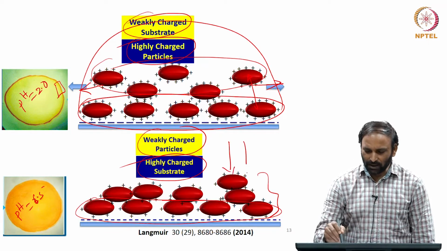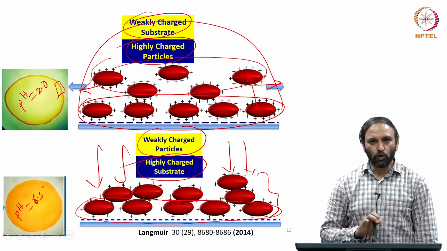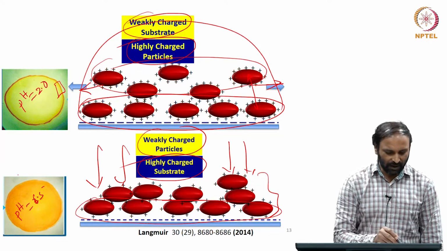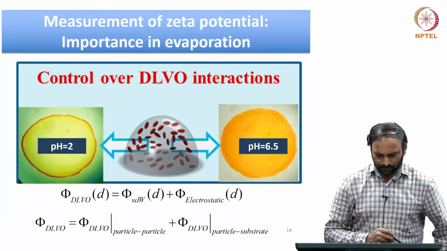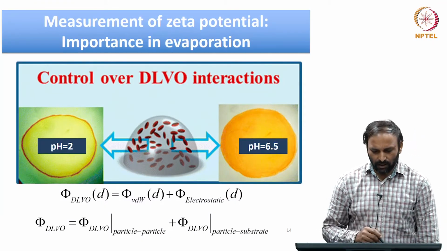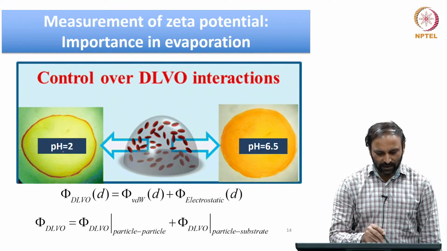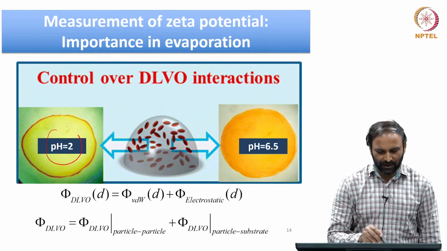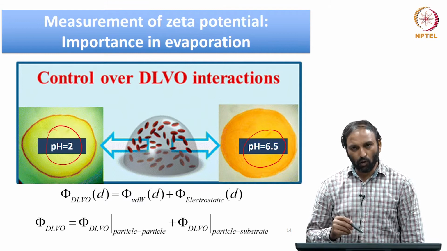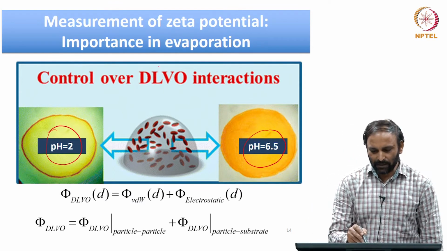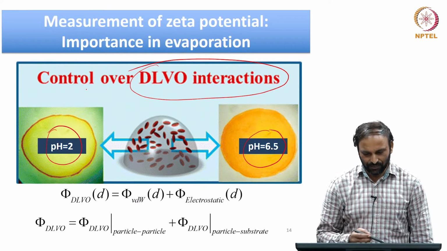Therefore, all the particles are attracted towards the substrate, leaving no particles in the bulk. Therefore, that leads to a more uniform deposit formation. So, in problems such as drying of droplets, the fact that at pH 2 you get a coffee ring effect and at pH 6.5 you get a more uniform deposition can be explained based on DLVO interactions, which essentially is